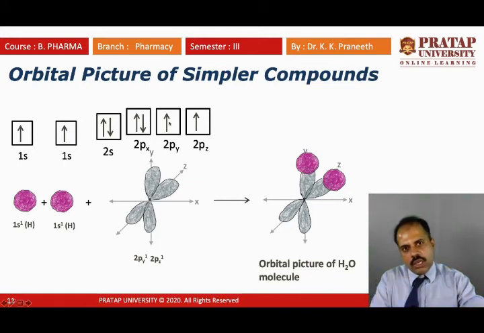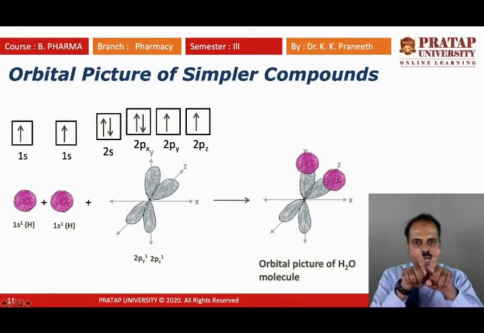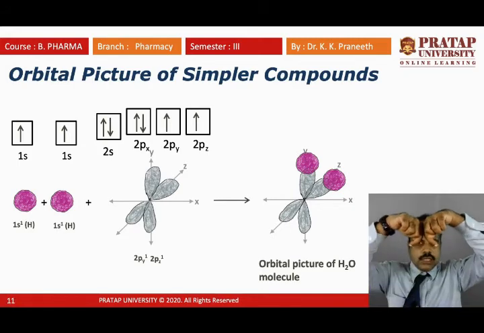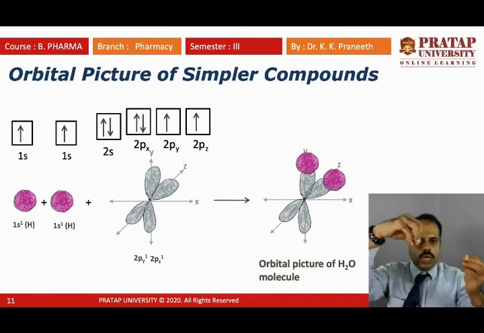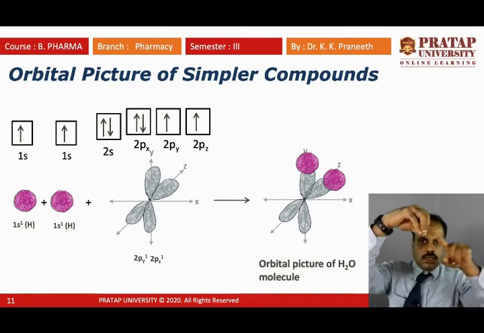So 2 unpaired electrons are already present. We have to draw the orbitals of these 2 unpaired electrons. This unpaired electron is present in the py, so I drew the py orbital here, and this unpaired electron is present in the pz orbital, so I put the pz orbital here. Then this hydrogen bonds here and that hydrogen bonds here to form the 2 bonds. So the structure is like this. It's like an angle. So the water molecule structure is like this: this is oxygen, and one hydrogen is here, one hydrogen is here. It's like an arrow-type structure.